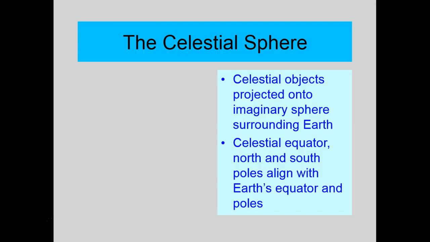Now, all we ever see is a hemisphere, because we only see the top half. The bottom half we can't see because the Earth's in our way. So that's what we call the celestial sphere. Now,